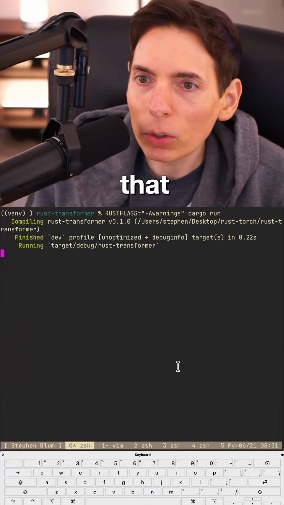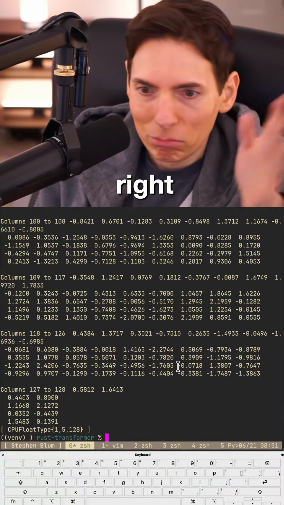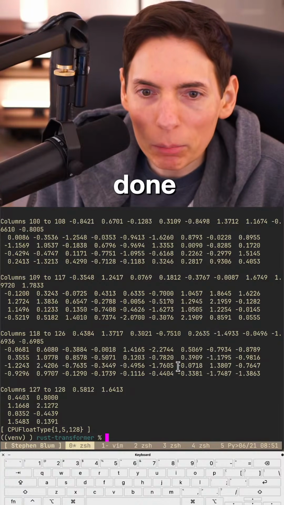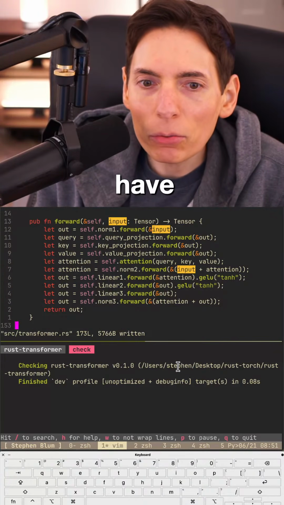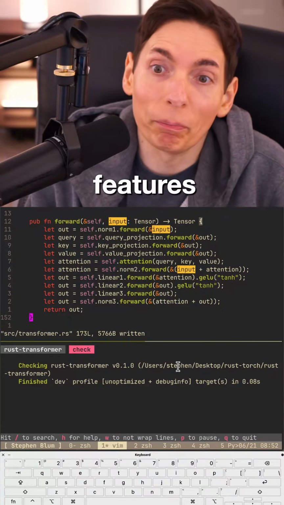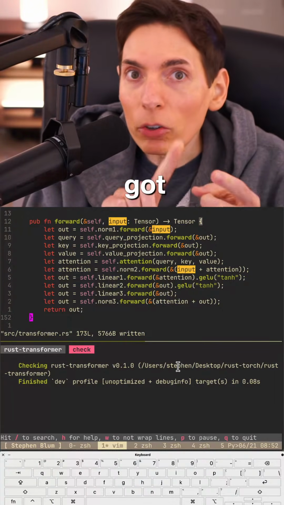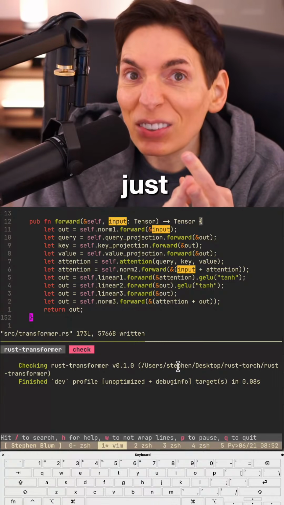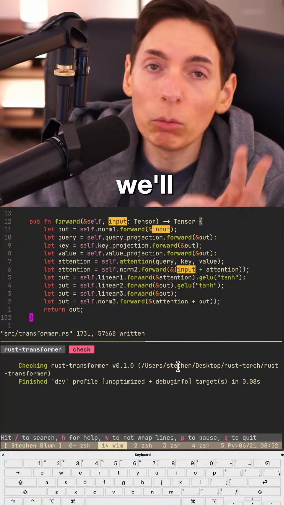All right, let's see if that works. Still looking good. All right. Boom, right there. See, it looks good to me. Have you done the labels? We have not done any of the batching or feed forward yet, or the features. The good news is, though, we got our tokenizer, we've got the data, and we just need to create batches. And then we'll have our features and labels.